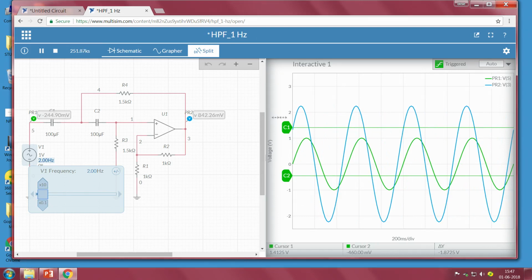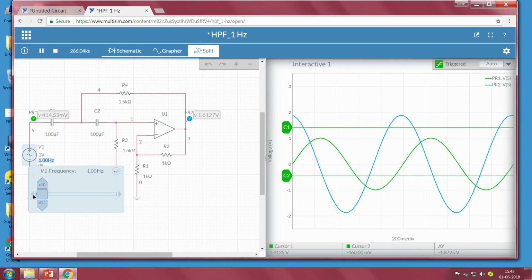Now, if you carefully observe our characteristics, whenever the frequency comes close to the cutoff frequency, the amplitude is a little higher. The gain should be 2, but there is slightly higher gain at frequencies close to the cutoff frequency. This is because it is a second order high pass Butterworth filter. When we recall our Butterworth filter characteristics, the gain is slightly increased near the cutoff frequency. The same thing we can observe here too.